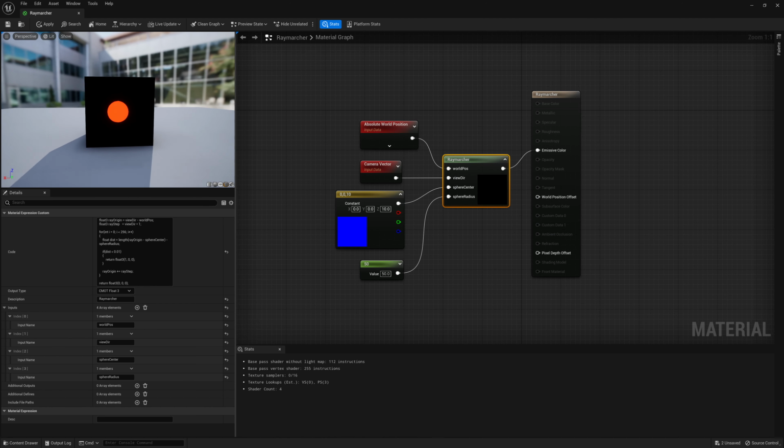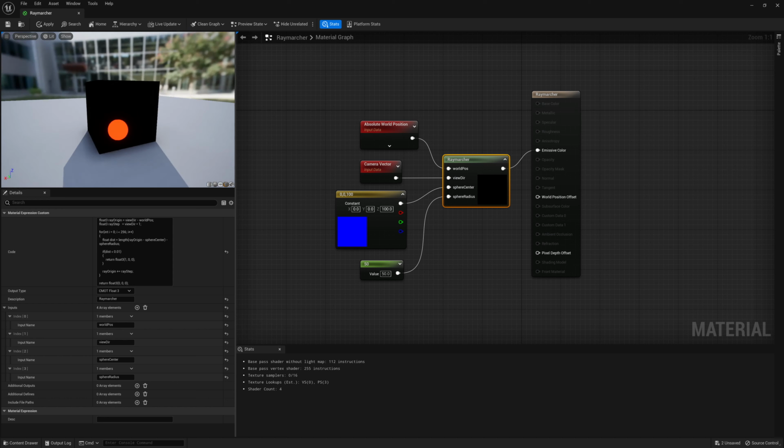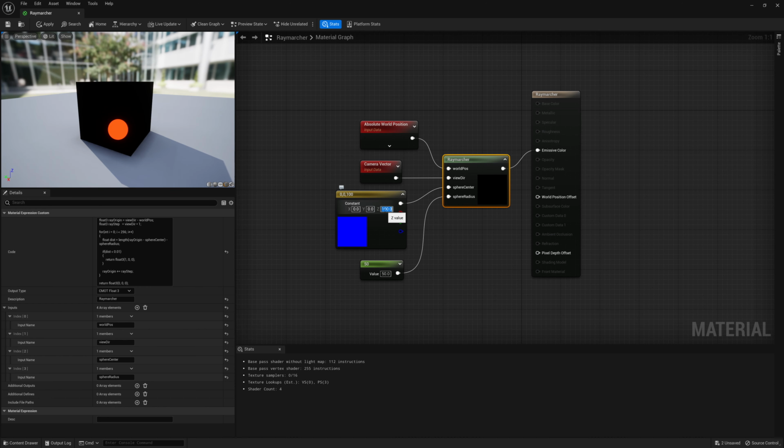Is it moving? Let's see. Try 100. There we go. It moved down. So this is controlling its position in world space, but that's a problem